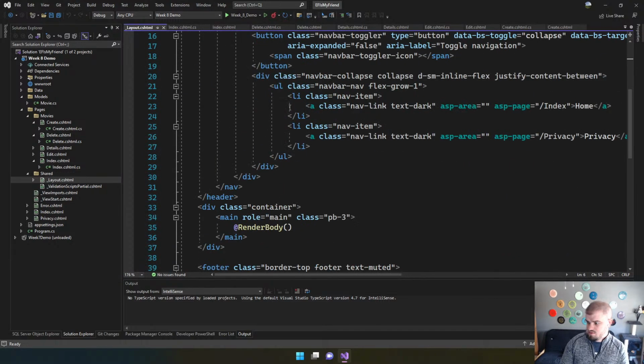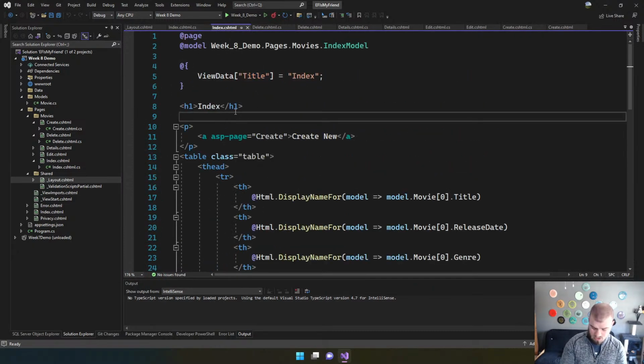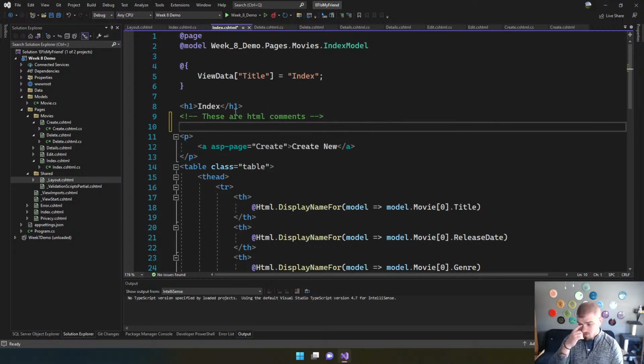So another thing that we may come across is, normally, these are HTML comments, right? We've all seen this before. If you've done any HTML work, you use the caret with the exclamation, double dash, and then you can put some comments in. And those actually surface on the front end, right? Like if I view the source of a web page on the front end, I can see those comments. If you do @star,